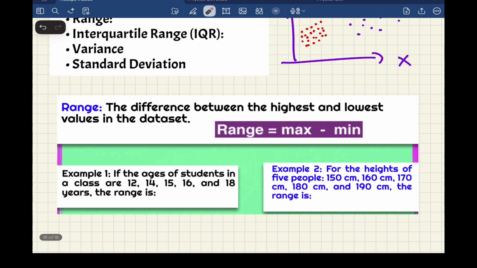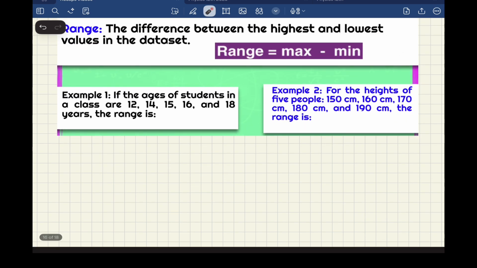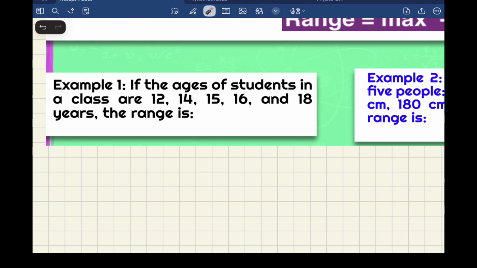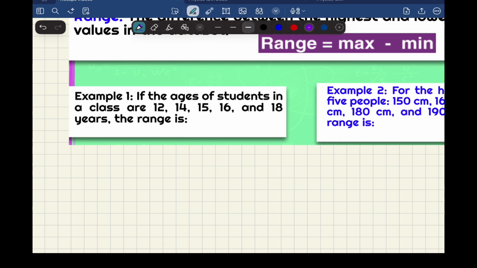Okay, so we are going to start with the super easy one, the range. What is the range? Basically, it's the difference between the biggest number minus the smallest number, or the highest number minus the lowest number. So pay attention to this example. If we have ages, all we need to do is identify the biggest number and the smallest number. So we can see the range